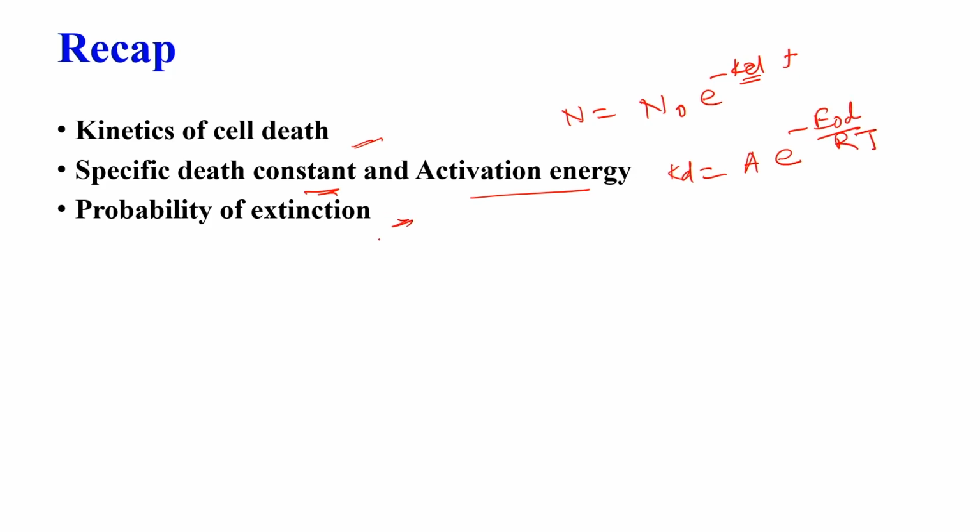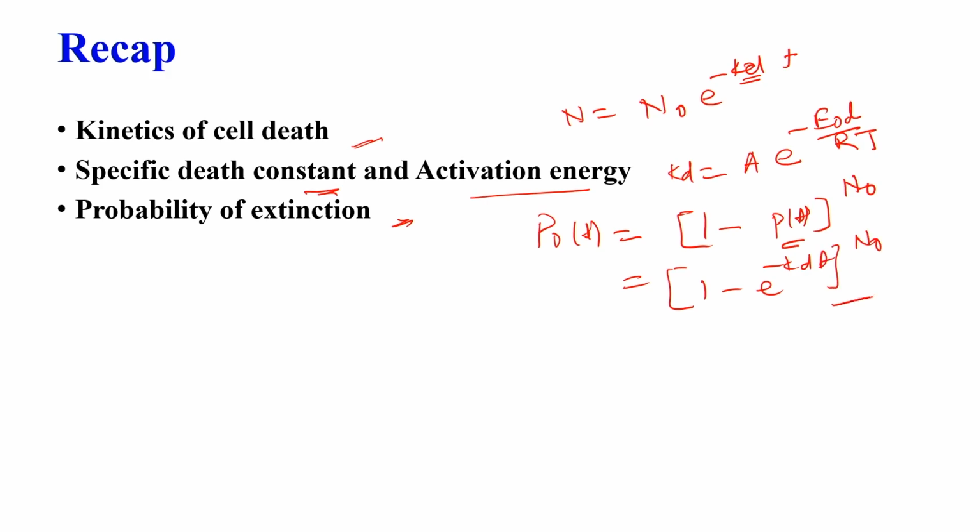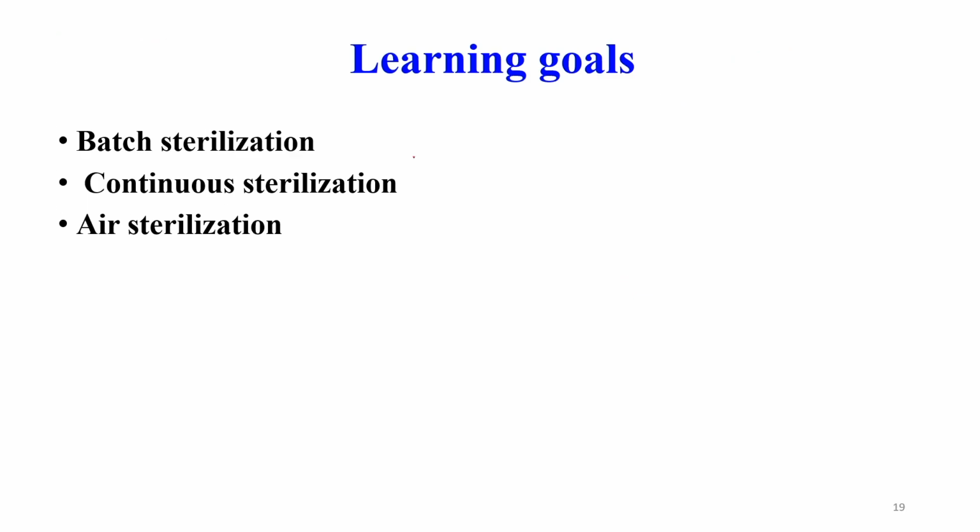We discussed that k d follows the Arrhenius equation, A into e to the power minus activation energy upon R T. Then we discussed sterilization in terms of probability of extinction, defined as 1 minus small p t to the power n naught, and small p t can be replaced by 1 minus e to the power minus k d t, to the power n naught, where n naught is the initial number of cells. So, in today's lecture we will be discussing sterilization when it is performed in the batch and in the continuous